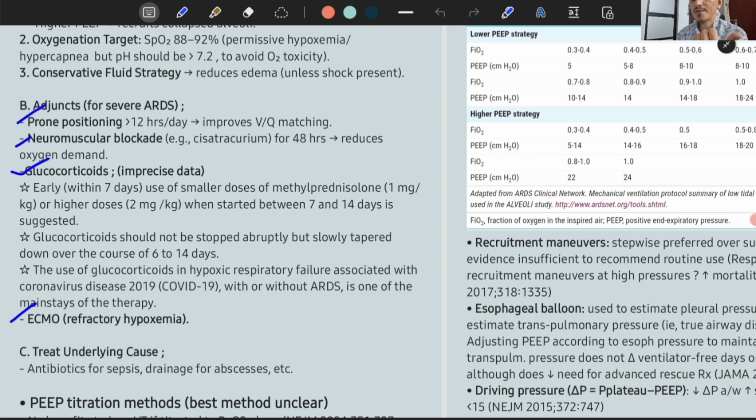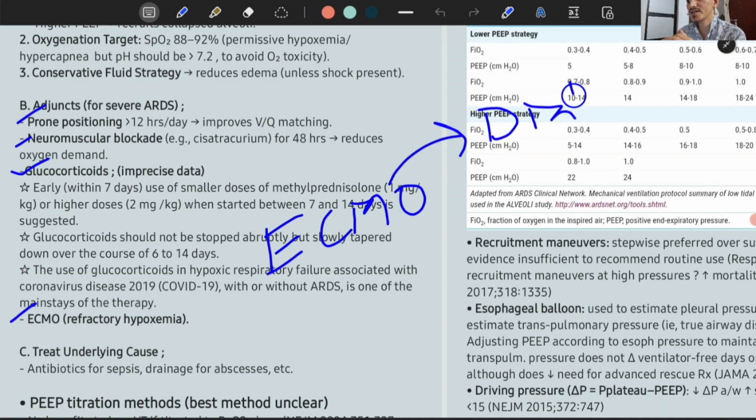Last, in refractory hypoxemia, you use ECMO. What is ECMO? ECMO is extracorporeal membrane oxygenation. It is like your dialysis. The kidney is not functioning, not doing its job, so you take the blood out of the patient and give it to the machine. The machine will do the job of the kidney, and that new, pure blood will come back to the patient from